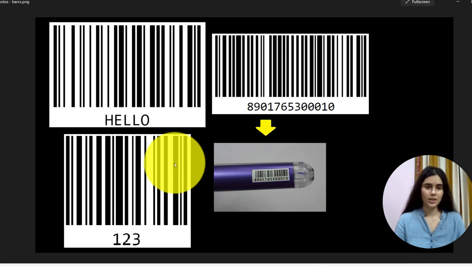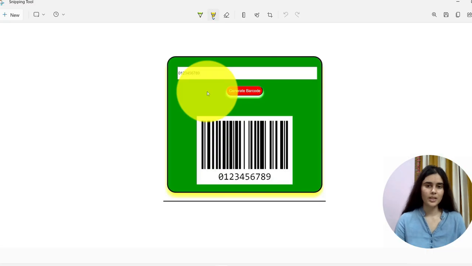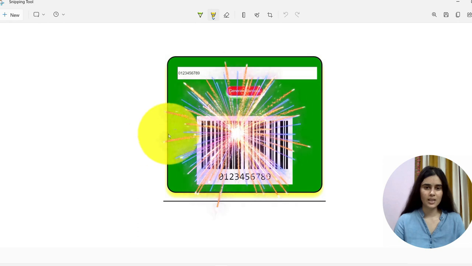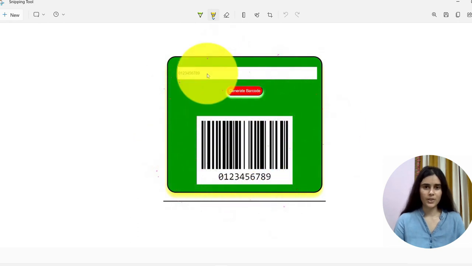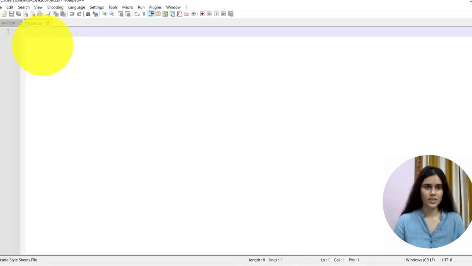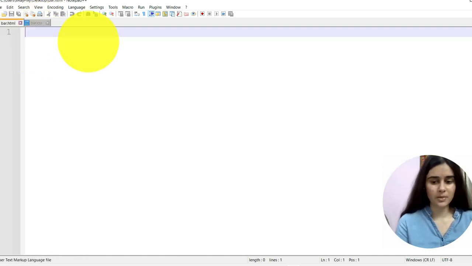For barcode scanning, we can use barcode scanner, camera, and other devices. Now we will create a dynamic barcode generator. We will generate different barcodes for digits, characters like this. Here we will use HTML, CSS, and JavaScript. Here you can see HTML for the basic structure, CSS to style the document. Then using JavaScript, we will generate the barcode. So here you can see we have two files, one for the HTML, then for the CSS. Now first we will create the HTML file document.